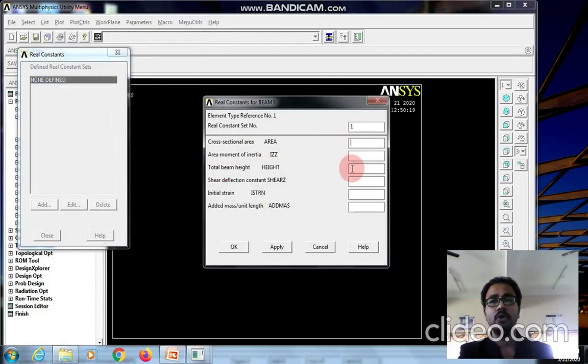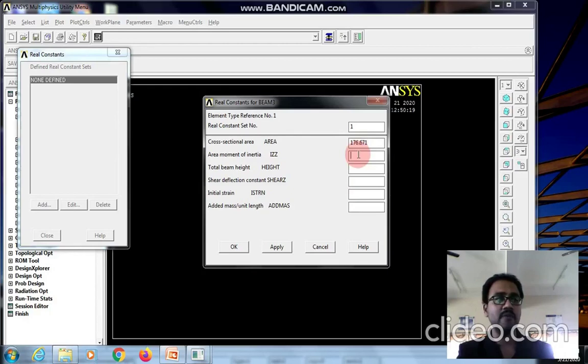Before doing this problem in ANSYS, I suggest everyone do the calculations of moment of inertia and cross section area. Since the cross section is given as a circle, the formula to find the area is pi by 4 d square. The answer I am getting is 176.671.